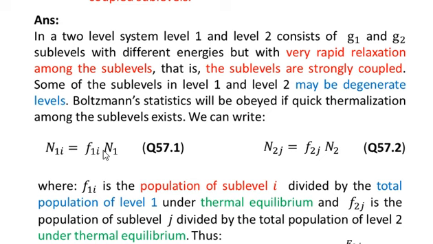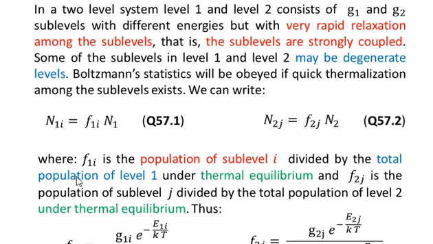F1I is the population of the sublevel I divided by the total population of level 1, and similarly F2J is the population of the sublevel J divided by the total population of level 2. So all the terms have been explained in equations 1 and 2. Let's read next, where F1I is the population of sublevel I divided by the total population of level 1 under thermal equilibrium, and F2J is the population of sublevel J divided by the total population of level 2 under